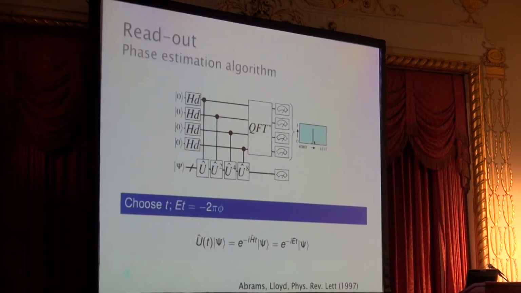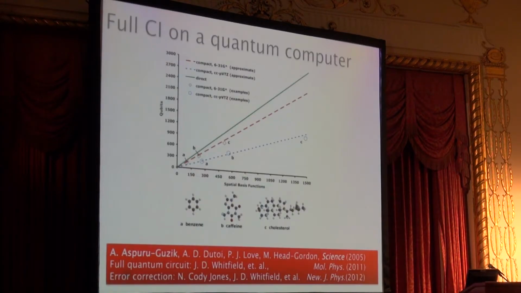Okay, so there's been a lot of progress in the last 9 years in quantum chemistry for quantum computing. And again, just to remind you how the readout in these time evolution methods goes, you entangle a time register with the time evolution of the system. Successive powers of the time evolution operator will basically represent binary digits in an expansion of the energy of the system that is actually imprinted as a phase in this state that is therefore read with a quantum Fourier transform, going from the time domain to the frequency domain. You get a little readout signal there in your quantum circuit that will be proportional to the molecular energy. Okay, so that's basically the approach that Seth Lloyd and Abrams proposed quite a bit ago.